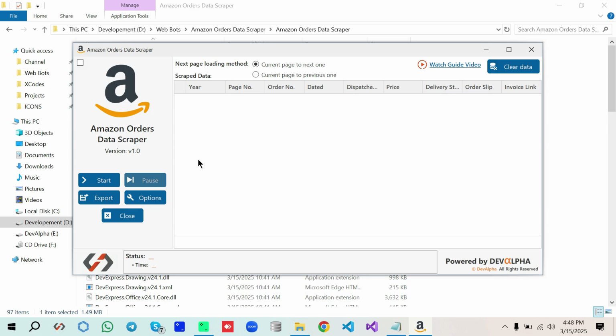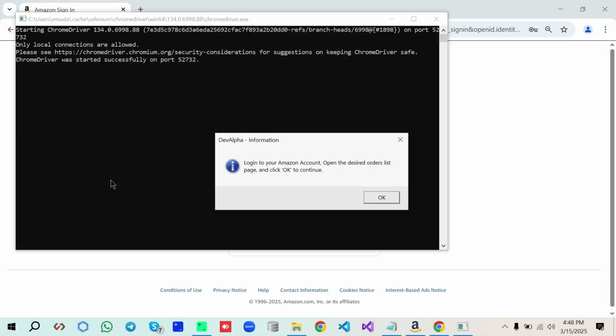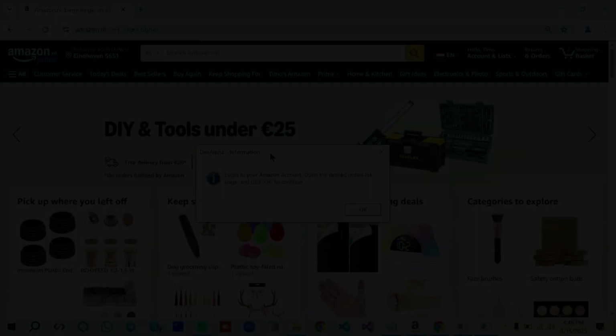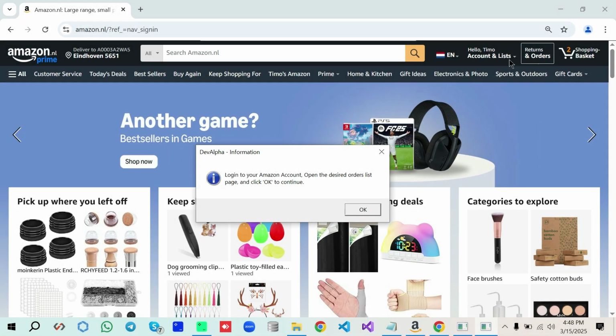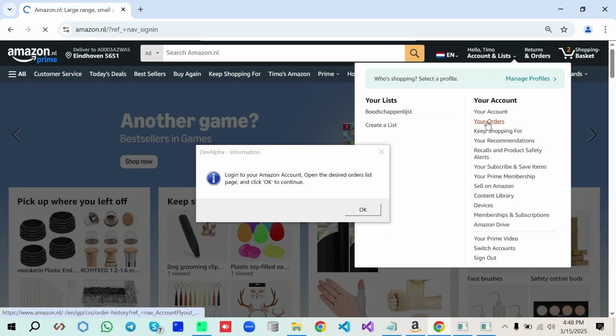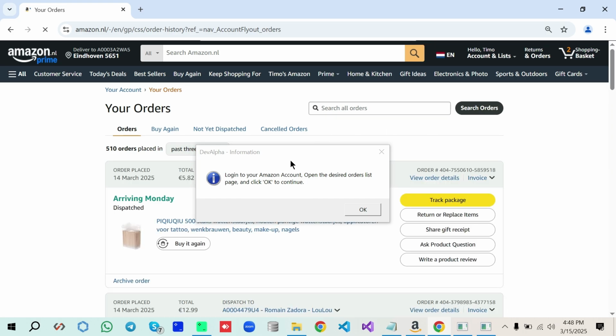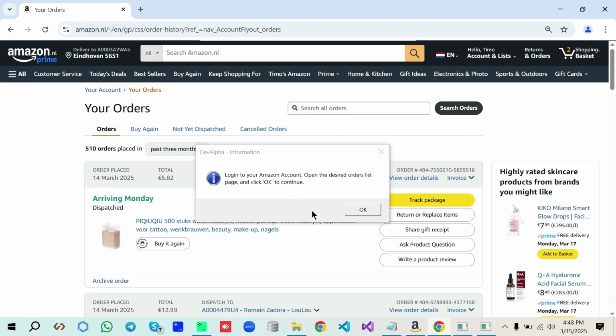So this is our bot. When you run the bot, just click the start button. Okay, it has opened the sign in page and is showing a message to log in to the account first, and then we have to open the orders list. Okay, I have logged in and here I am going to my orders page,